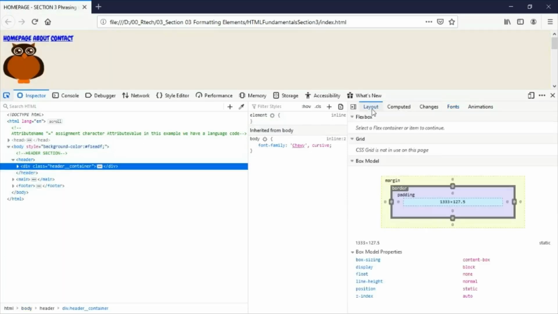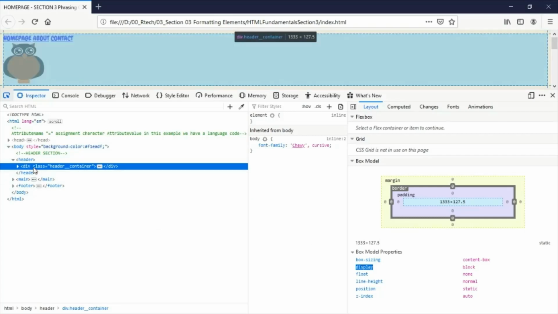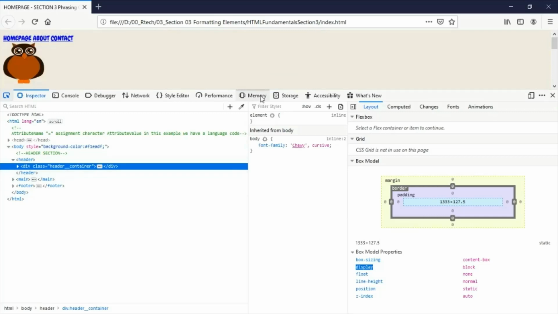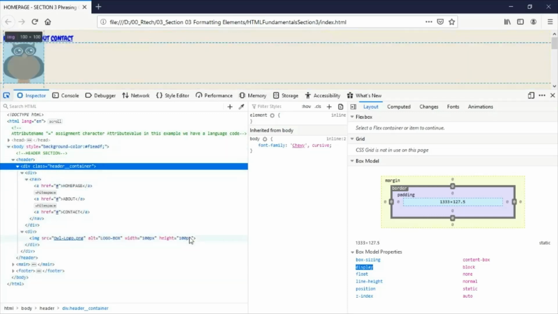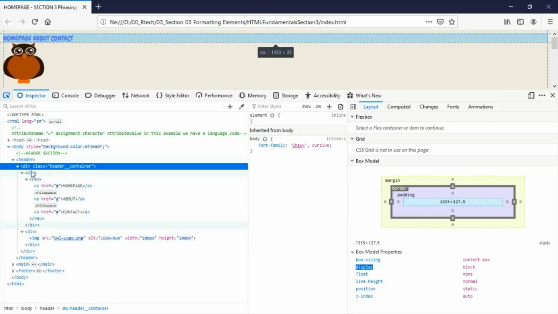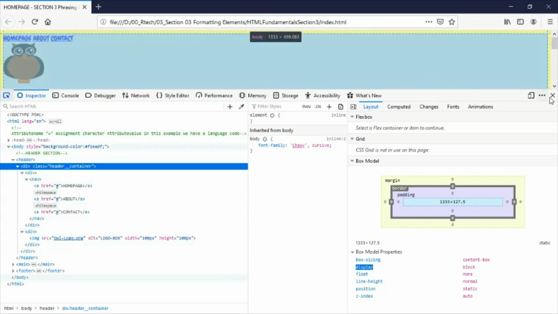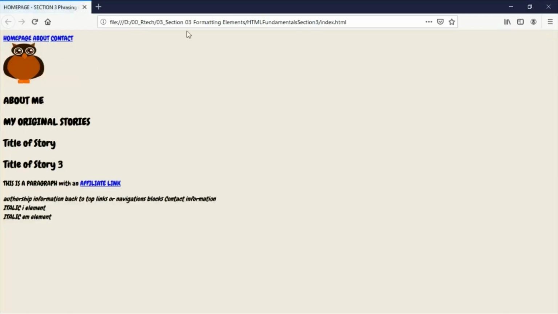Okay, and if we go to the layout, we can see here that the default properties are content box for the box sizing, and display will be block. That's the default value for header containers, or let's say the div element that we have here. So right now, what I want to do is change the color of the header container, so at least we can see